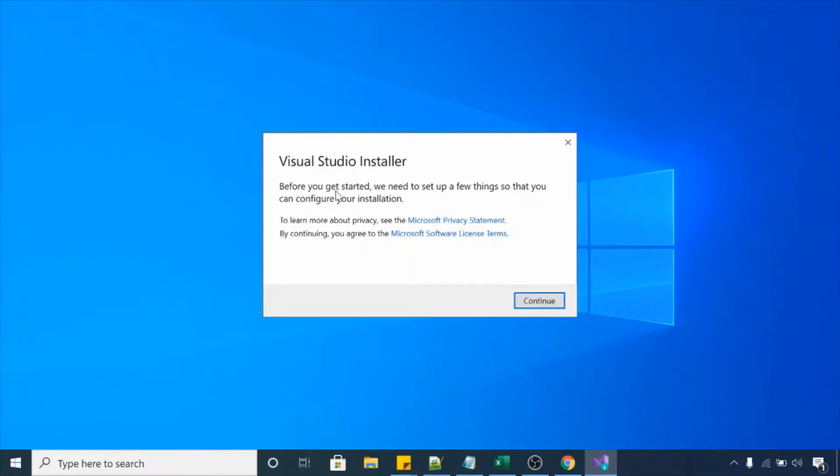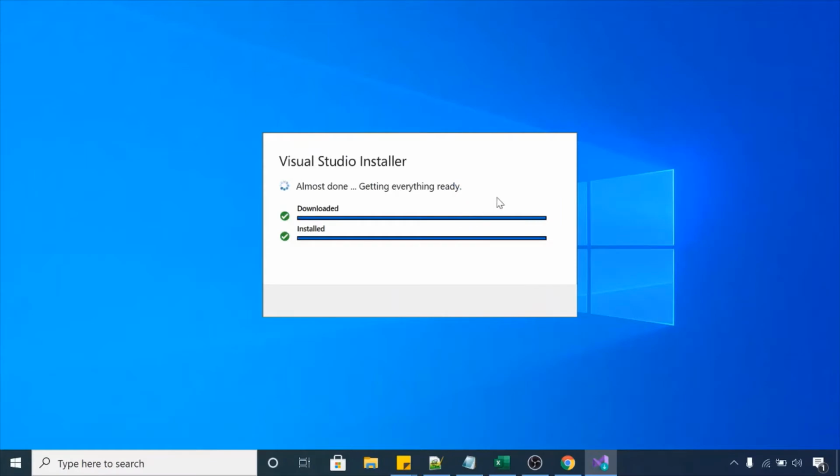It's saying before you get started, we need to set up a few things so that you can configure your installation. Click on continue. It's downloading some packages and required files for Visual Studio.